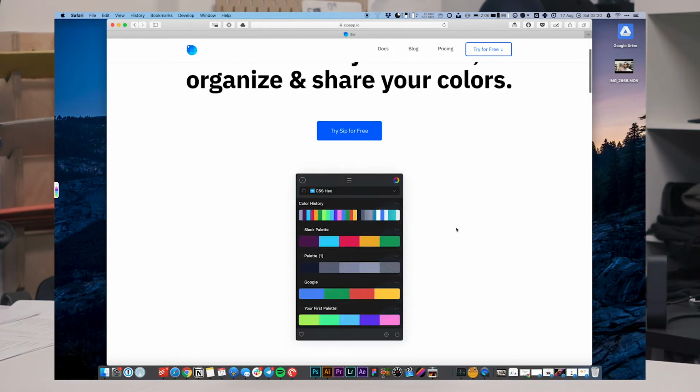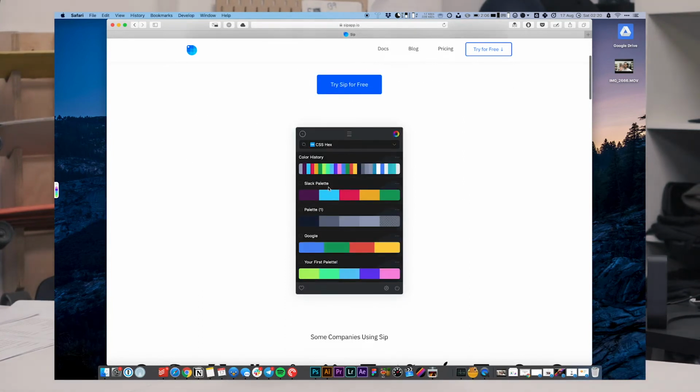And then you can create custom palettes as well, like you see here, and you can then stick those palettes to the side of your screen, which is what I have here, which is just their default palette right now, your first palette. So you can collect 5 or 6 colors, the colors you would use, say, in your work